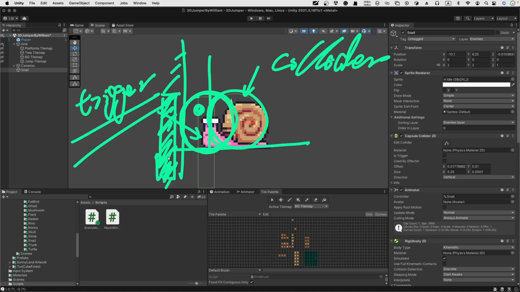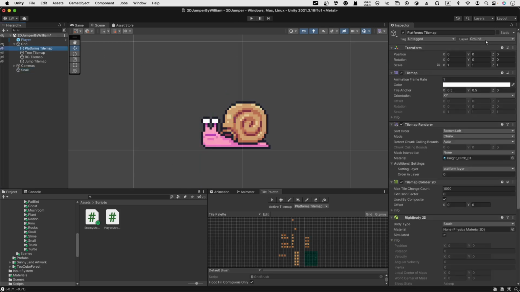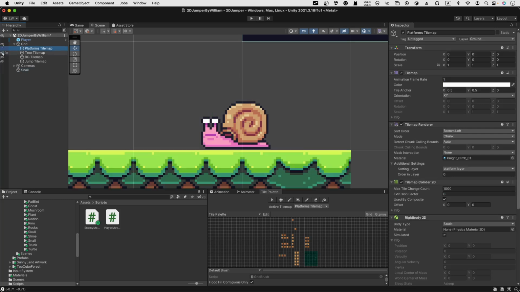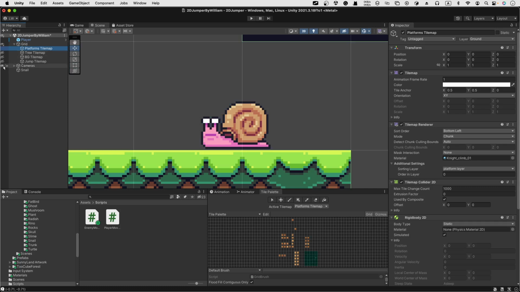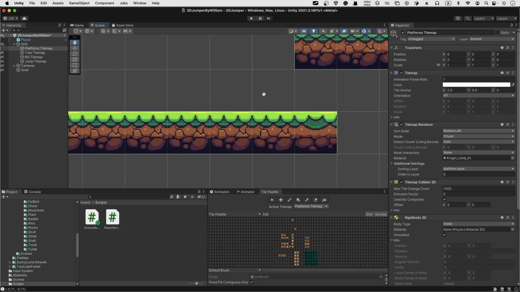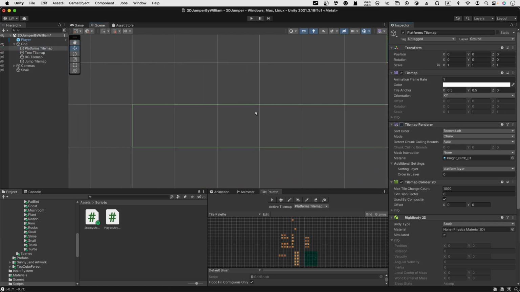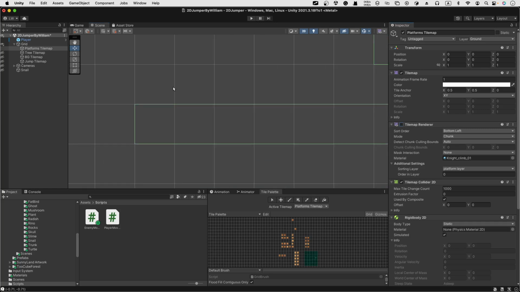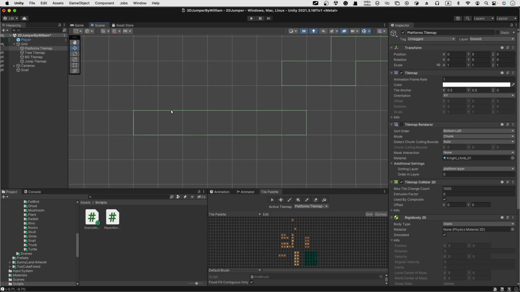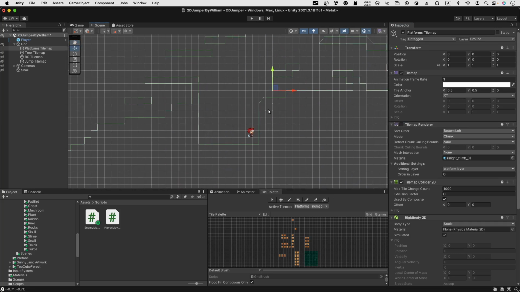Let's go back to the platform, because it is a ground layer. Let's get rid of everything else, the camera and the snail. I'm going to switch off this tilemap renderer so you can actually see this is just a pretty fine thin line here. For example, if you look at the wall,